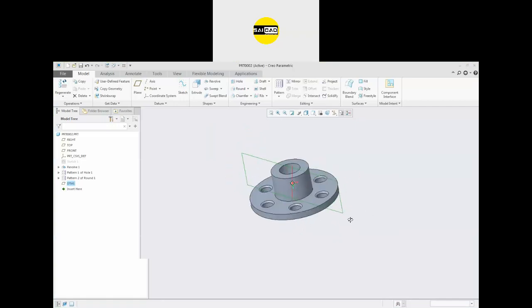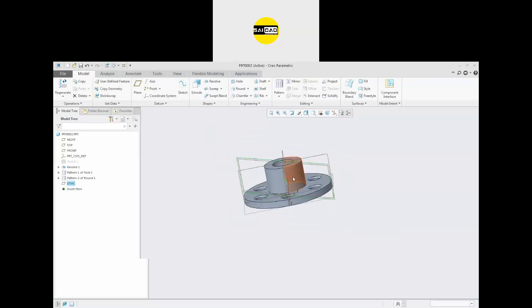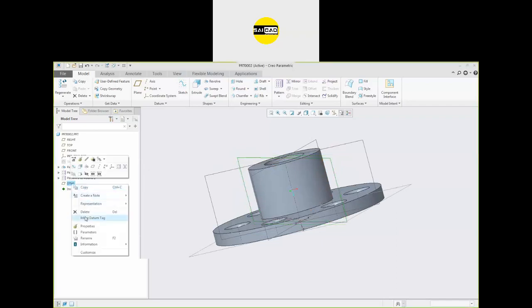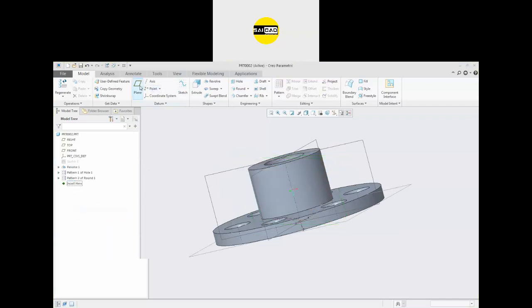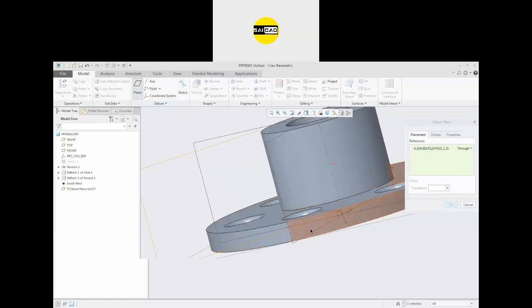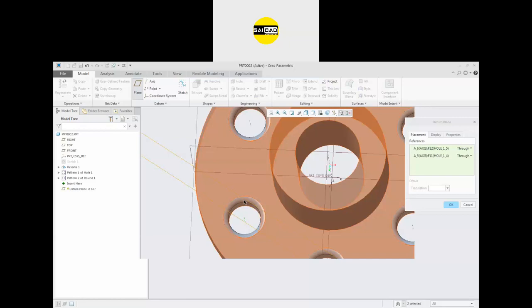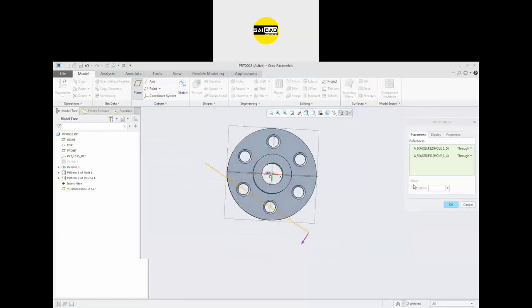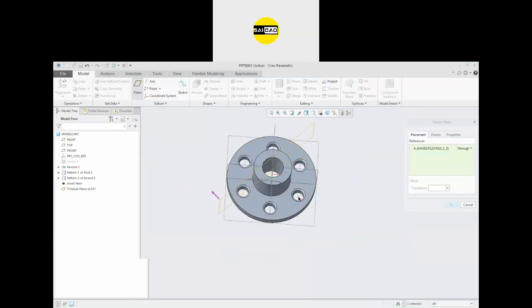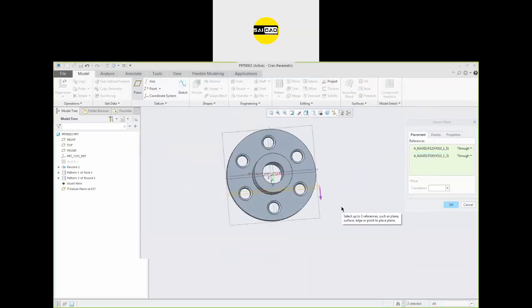These are the options in the plane that you can create. Along the axis, I have created that along the axis. You can just select two axes: go to the plane, select this axis, press control, select this axis, and the plane can be created along the axis. Remove this one, I want this one axis, it can be along that. You can choose two edges, two axes, two faces, two points, like that.